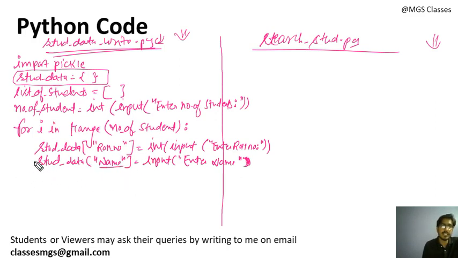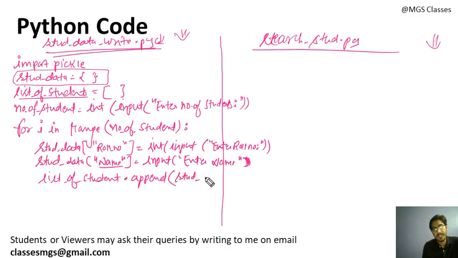Now you need to insert this dictionary into this list of students, because we are preparing the list of students which have the dictionary object. So the append method is basically used to insert at the last, and we will pass this student_data dictionary object, and it will insert. We will again make the dictionary blank, so that next time the second student's data can be inserted into the list. So we are again making this student_data dictionary blank, so that next time this loop will execute and another student's data will come, and again this data will keep on adding into the list.